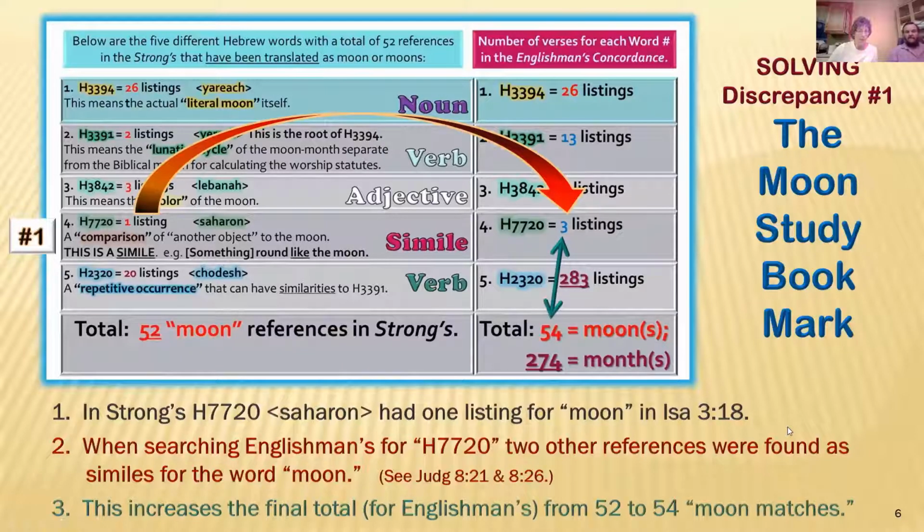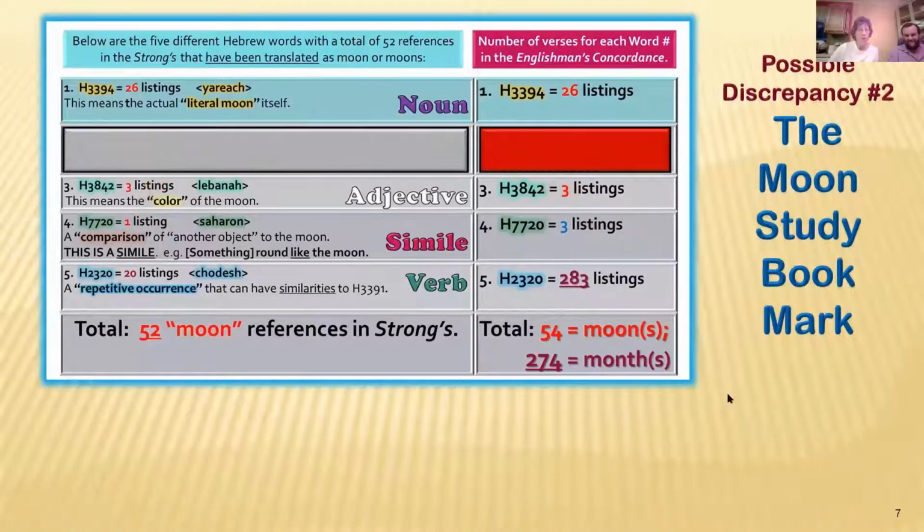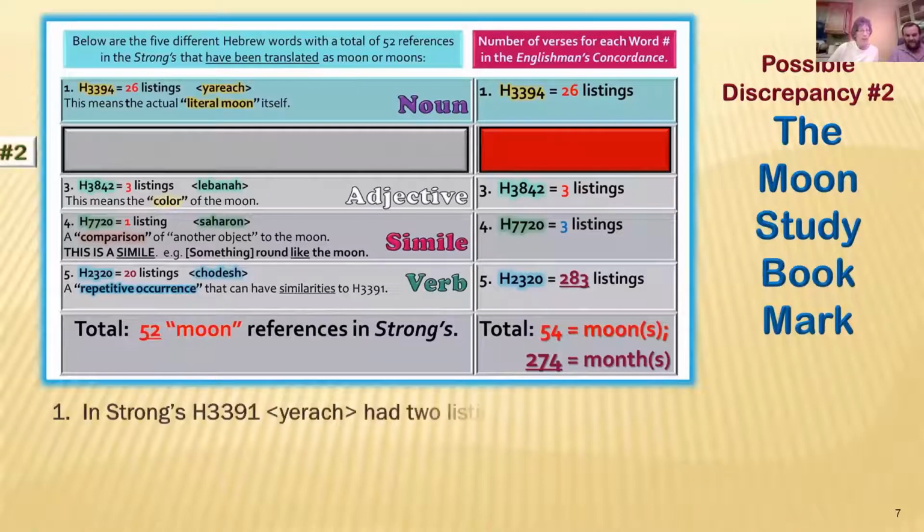That increases your total for the Englishman's from 52 to 54 because those other 2 references are referring to the moon. Does that sound clear? If there's any questions, we can take them later. Okay, so possible discrepancy number 2. Let's look at this one. In the Strongs,